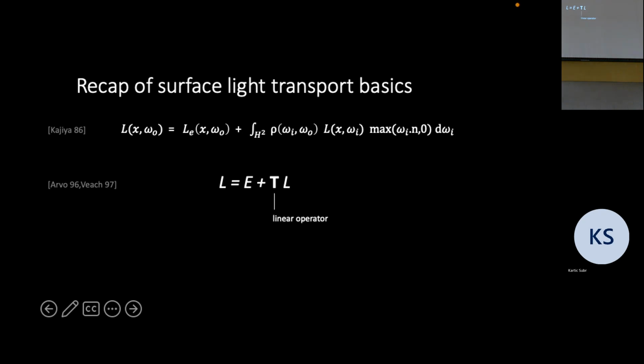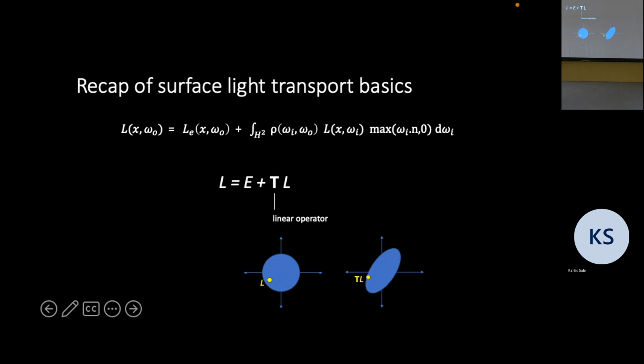Let's not discuss the equation. It's a well-known equation, about 35, 40 years old. It has been simplified into a simple representation in terms of operators. This is the emission, and this is the light we want to know. It doesn't matter anymore what I'm trying to solve. From a maths perspective, we have some space. You can take a single point; L is a function in that space, so it's a functional representation of the space. This operator is a linear operator, which applies to the space and changes L to TL. That's pretty much what happens when light bounces in the scene.